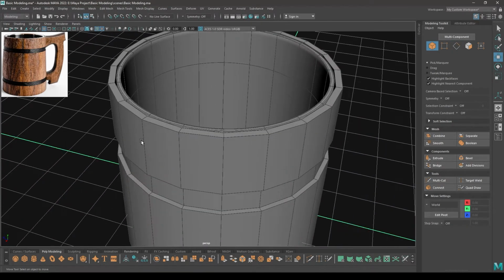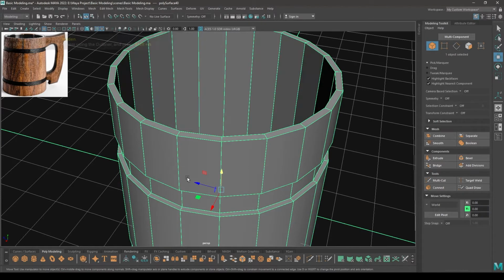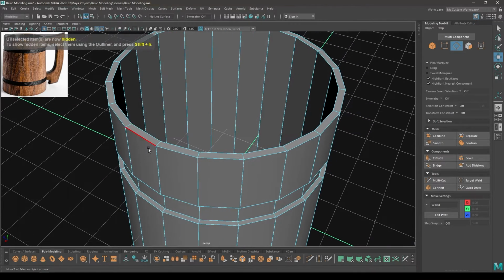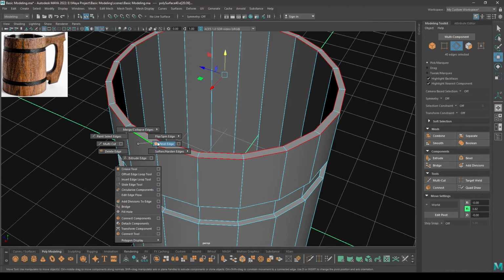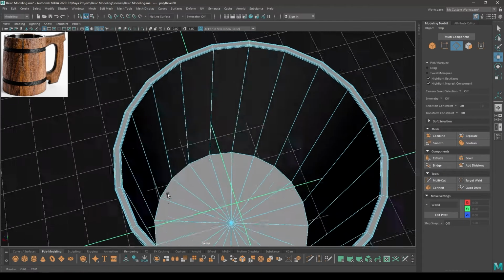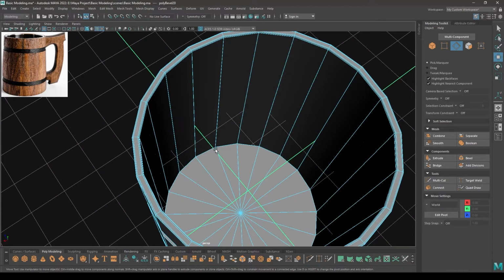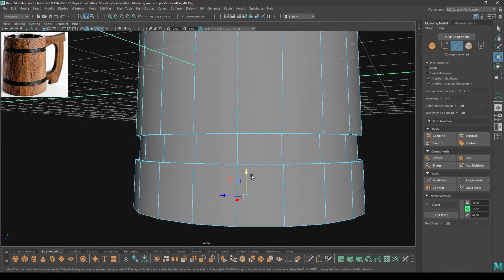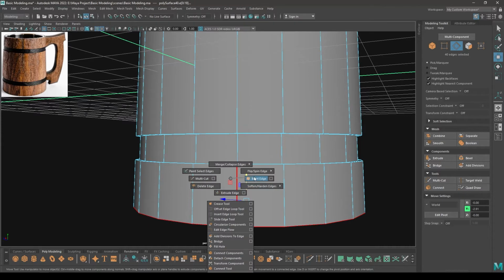Now bring back your cup and now this time select it and isolate. Go to edge mode again, select this one and this one, then bevel. Add one segment, keep the fraction to 0.4. And again select this edge and this one, then bevel.